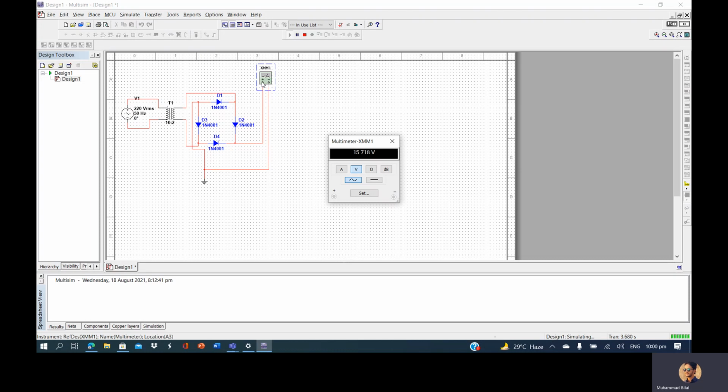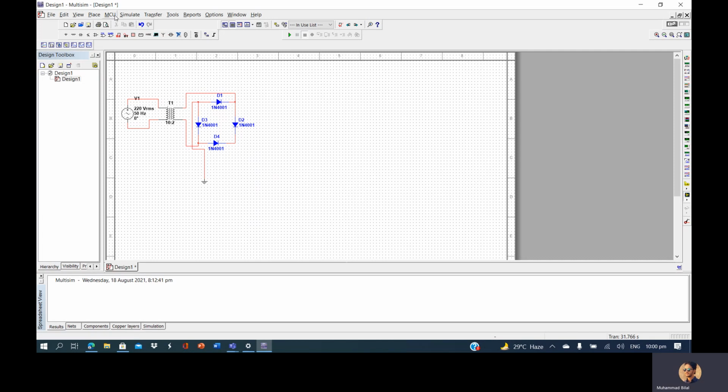Here we can see that we are getting 15.7 volt. It is actually in AC mode. We have to convert it to DC. Now we are getting DC, so we are getting 37 volt. Before that bridge rectifier, we were getting almost 44 volt, so there is some voltage drop across those 4 diodes. So we are getting 37 volt on the DC, which is good, and we can get such voltage as well if we run it on a breadboard.